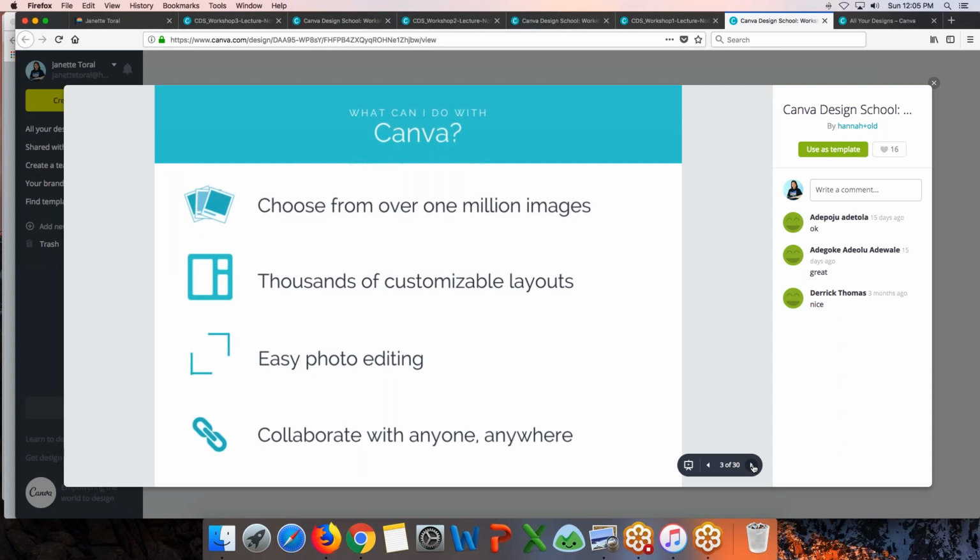Another thing that is interesting from canva.com is that they have a lot of images that you can use for the graphics. Although some of them are paid versions, a lot of them are free versions as well that you can use when creating your design. They also have customizable layouts that we will be able to check out later. So if you're starting and you don't know what layout to use, you can choose from any layouts that they have. You can also use provided photos, or you can use your own photos and upload them. You can also connect through Facebook. That means the photos on your Facebook account, you can also get them, then further manipulate them